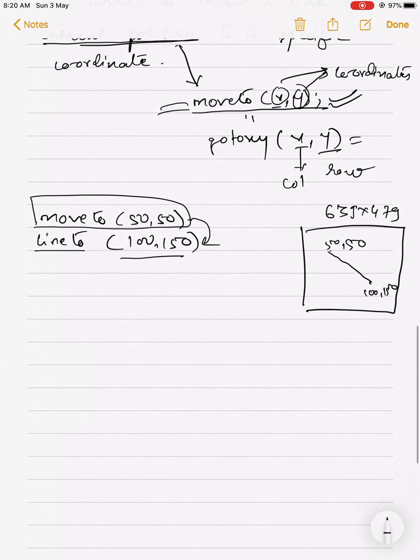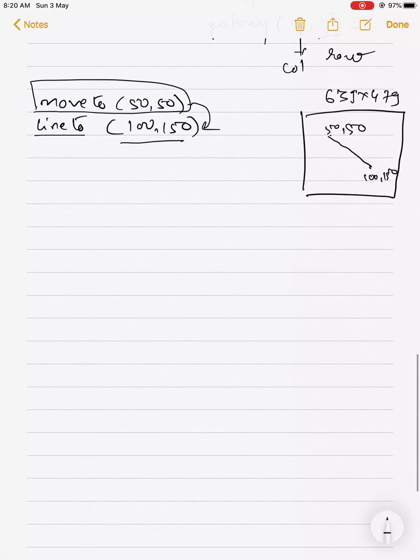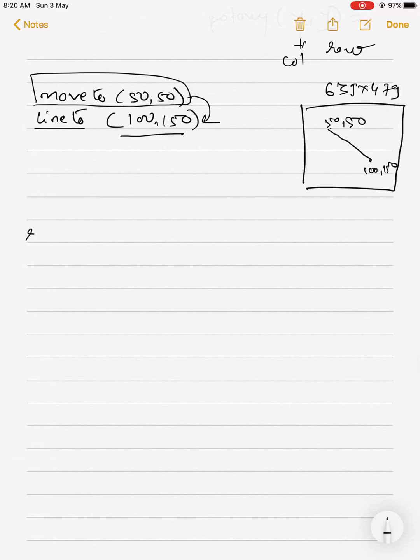So let's move towards another line function family, that is the relative line. The syntax is linerel, that is line relative. Now what does this mean? See, this is very much important, because it may create confusion many times.